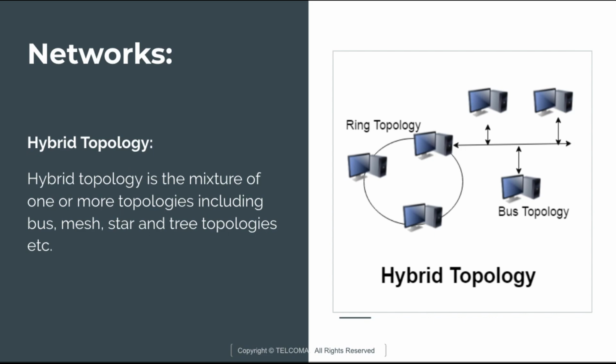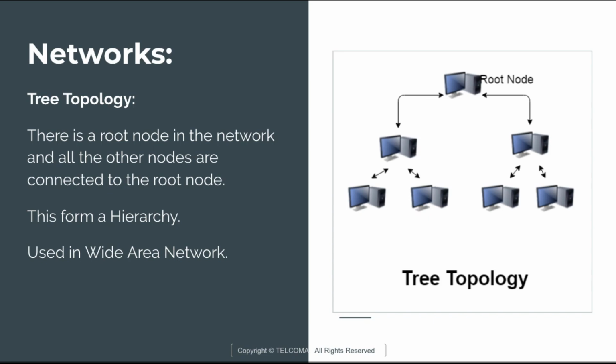The advantage of this topology is that it is easy to troubleshoot, the network can easily be expanded, and it is flexible in nature. The disadvantage of this is that the design is complex, the network installation is also difficult, and it is an expensive network. Next we are going to discuss the tree topology. So here in this tree topology, there is a root node in the network